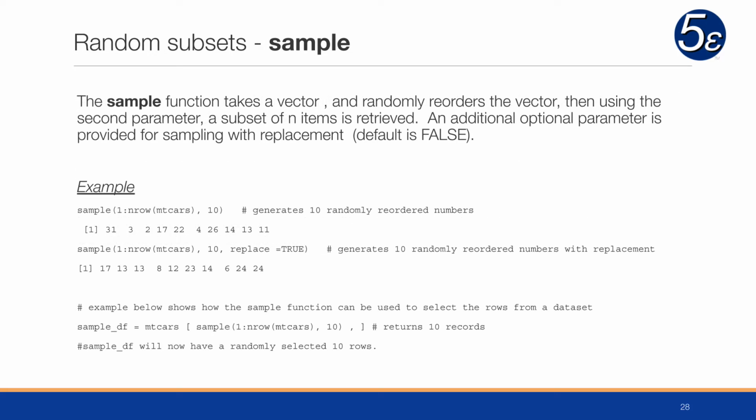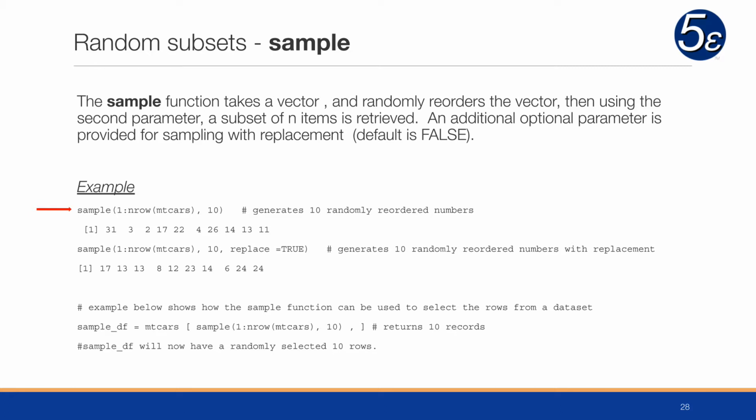So the first one, the sample function, takes a vector and randomly reorders the vector. Then using the second parameter, a subset of n items is retrieved. An additional optional parameter is provided for sampling with replacement. The default is false. So in this example here, we have sample(1:nrow(mtcars), 10). This is going to then choose 10 randomly ordered numbers from the number of observations we have in the mtcars